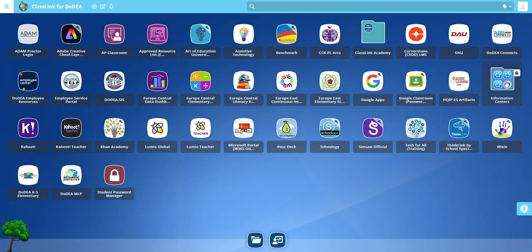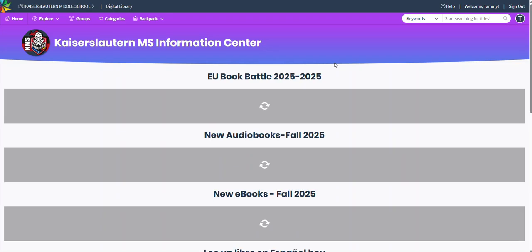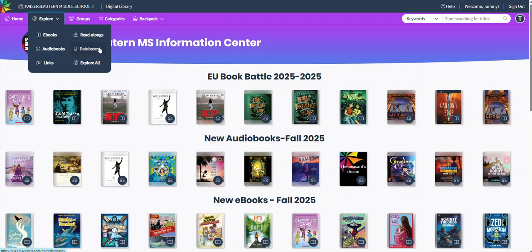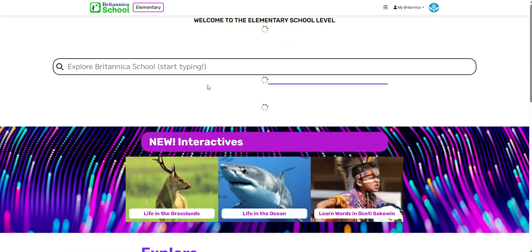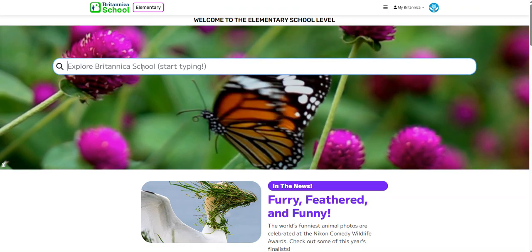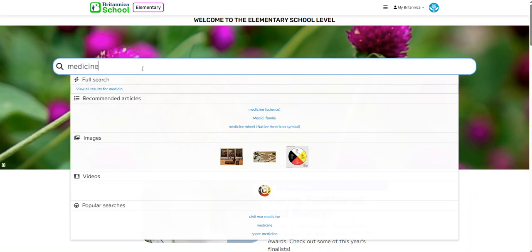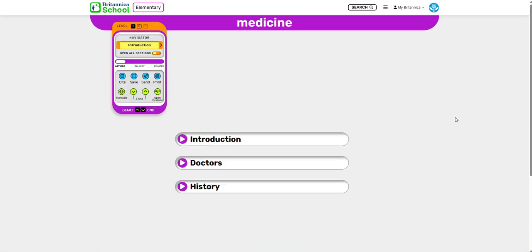So again, we're starting in ClassLink. We'll go to Mac and VIA, Explore Databases. I think the most helpful database for this purpose is Britannica School Edition, specifically the elementary version. Okay, so if I were looking for a topic like, let's say, medicine, and I click on medicine,